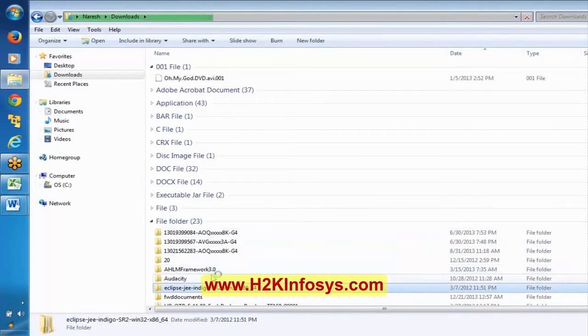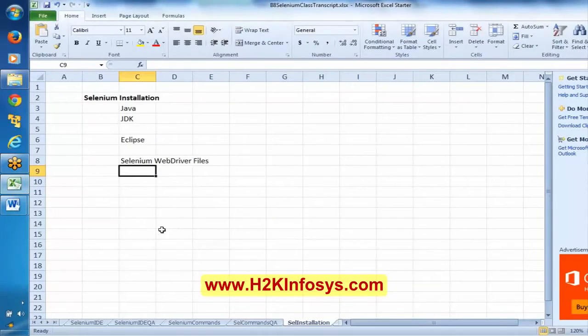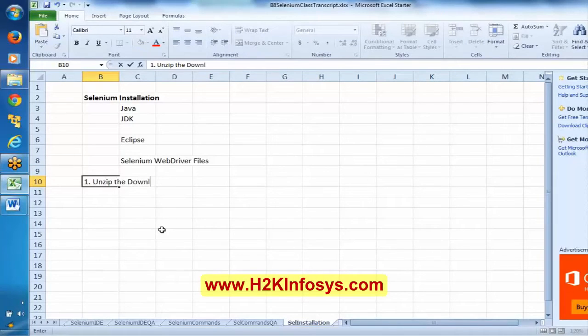First, unzip the downloaded Eclipse file. You would have gotten a zipped file, right? Just unzip it and you will get a folder.